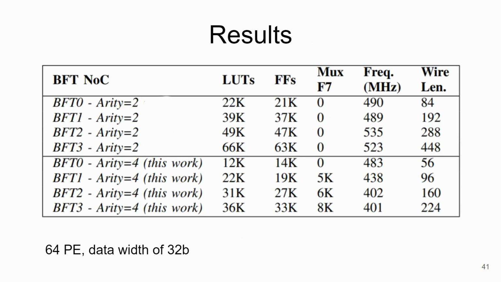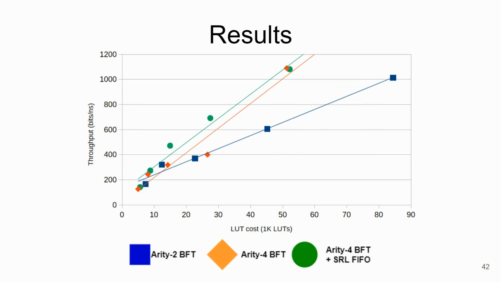In terms of results, we first synthesized the Arity-4 BFT NoC to the Xilinx VU9P FPGA, as well as Arity-2 BFT NoC, and verified that the Arity-4 BFT NoC consumed 38 to 45% fewer LUTs in exchange for a reduction of maximal clock frequency of up to 25%. Here we explore the throughput, in bits per nanosecond, achieved by Arity-2 and Arity-4 BFT NoC,